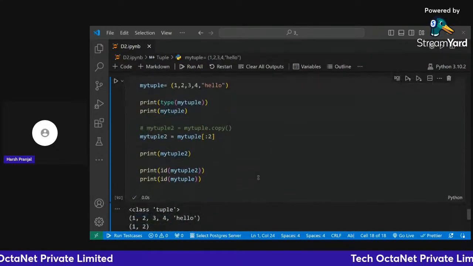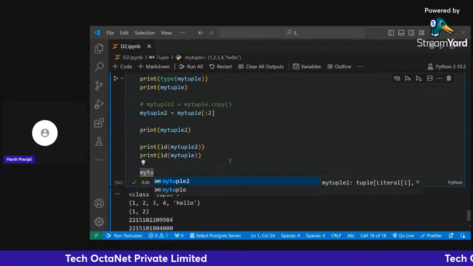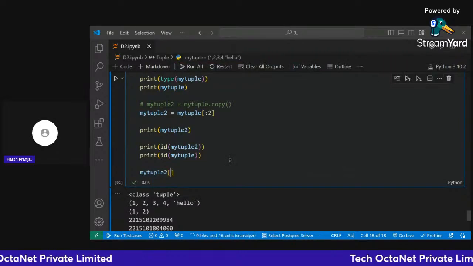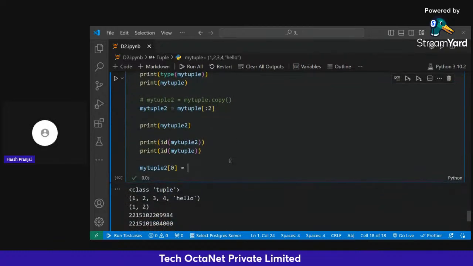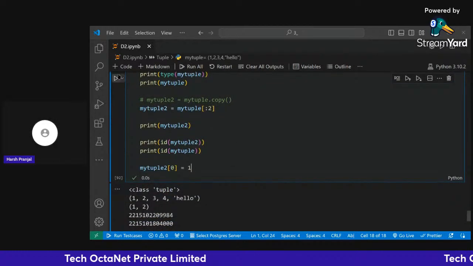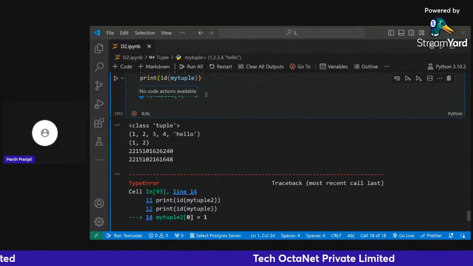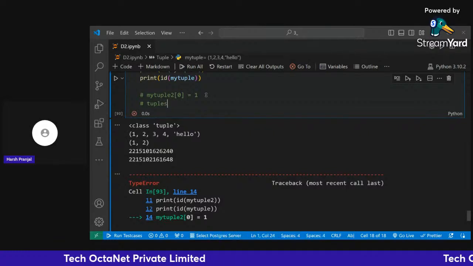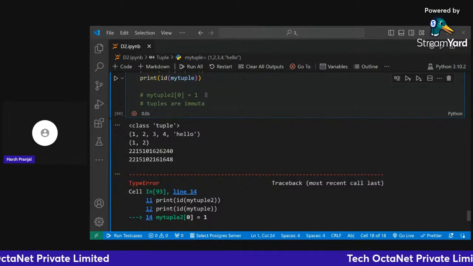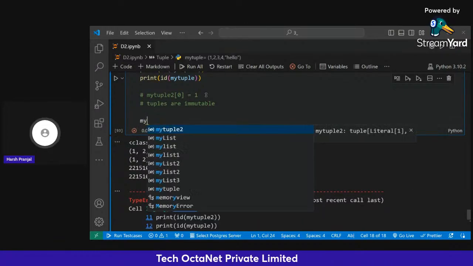Yeah, see now. So it is of type immutable. Then if I try to assign some value, I think I have given that example, then for this one we will get an error. Tuples are immutable, similar to strings. See,